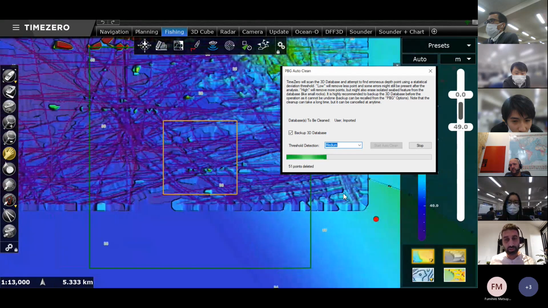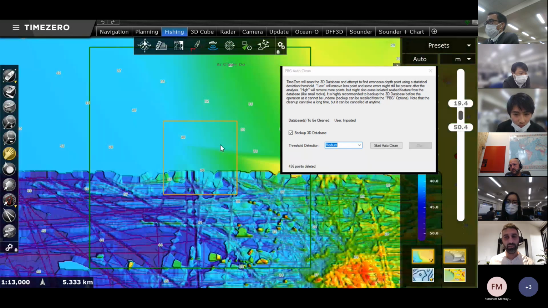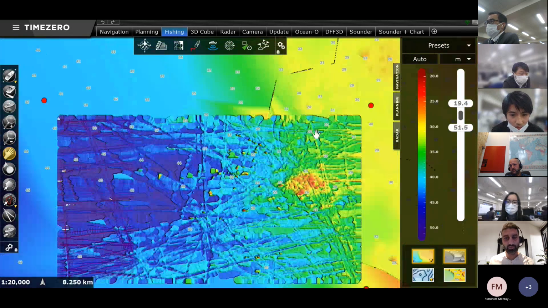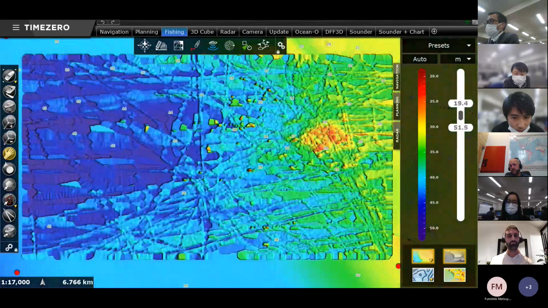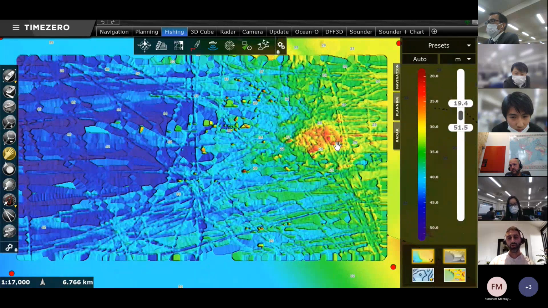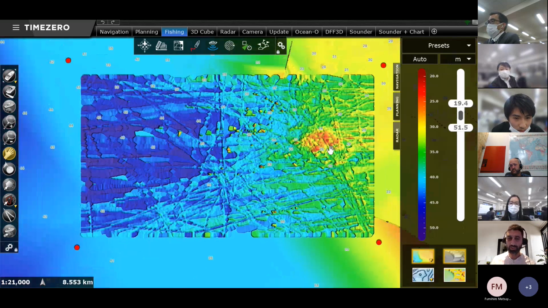And it's telling you actually at the bottom, okay, TimeZero deleted 200 points, 385, and we will see at the end of the process how many points have been deleted. 436 points had been deleted. Now I can look again at my database. You see that it looks better. Okay, so you can see some color shading, you can see some orange, some green, some blue, but it's not perfect yet.